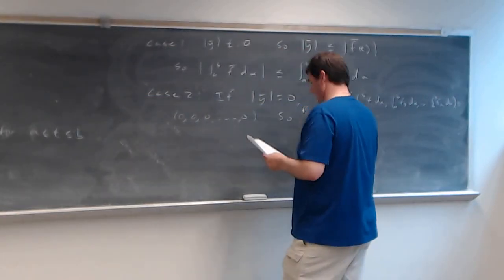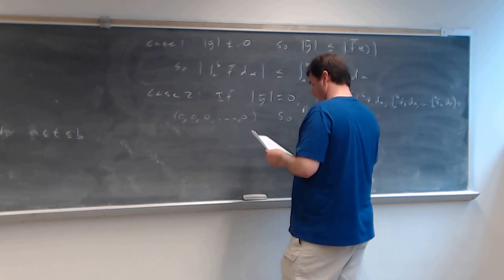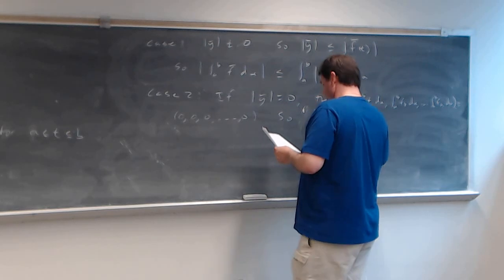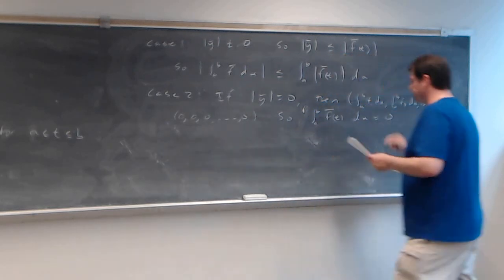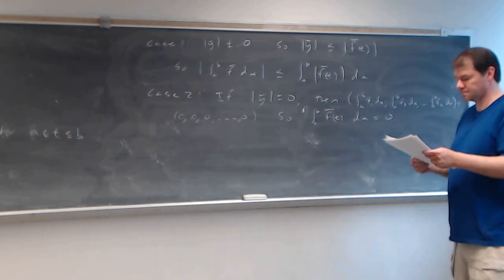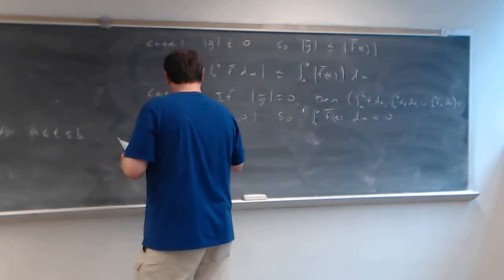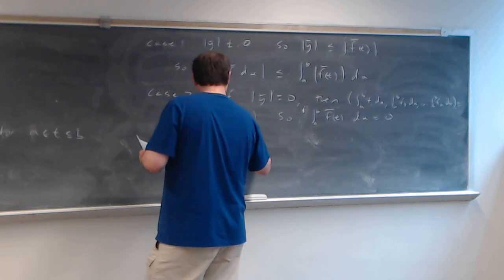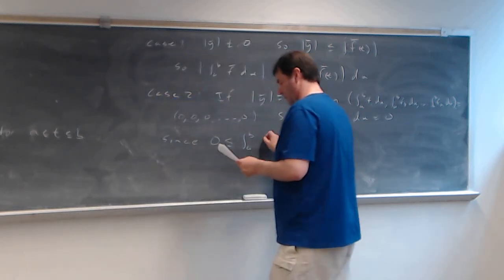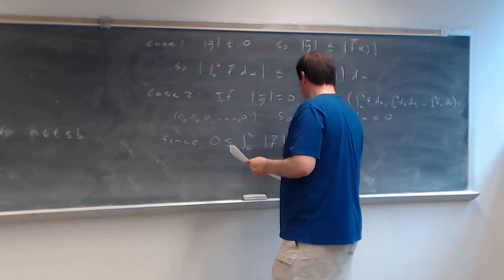So what we're saying is that the integral from a to b of f bar d alpha equals 0. That's what we're saying. So since 0 is less than or equal to the integral from a to b of the norm of f bar d alpha,